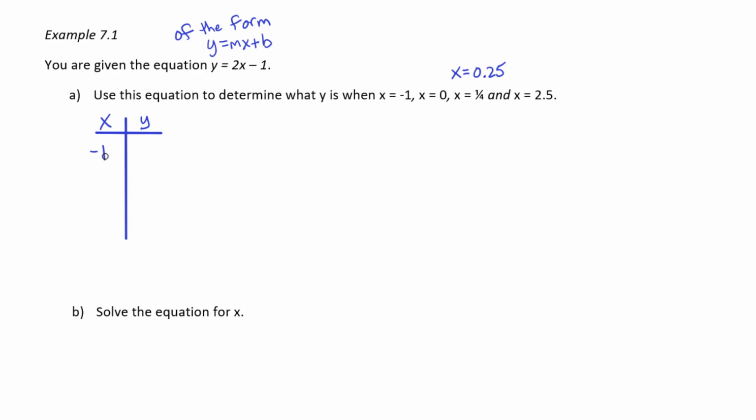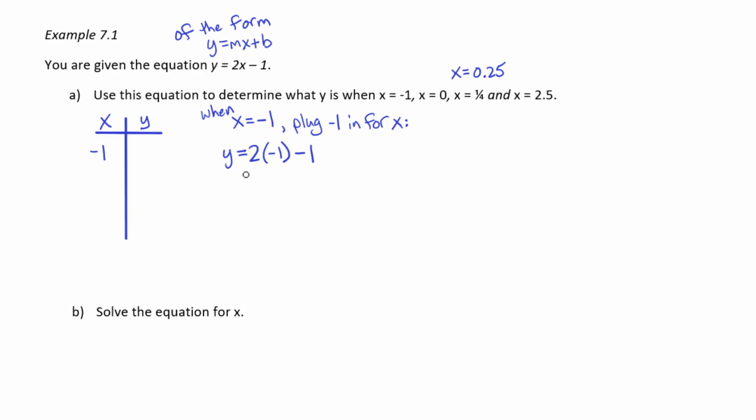We want to start with x equals -1. So when x equals -1, what does y equal? How do we handle this question? When x equals -1, y equals 2 times x minus 1. So we plug -1 into our equation. The equation says y equals 2x minus 1, so 2, and I'm just going to use my parentheses here. I'm going to plug in -1 for x. This expression, as I've just written it, means 2 times -1, and subtract off the 1.